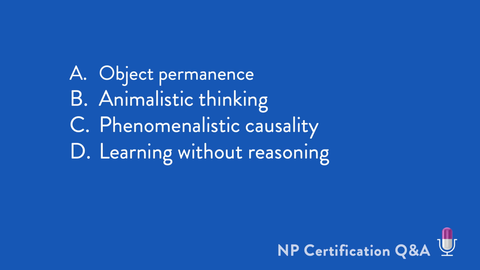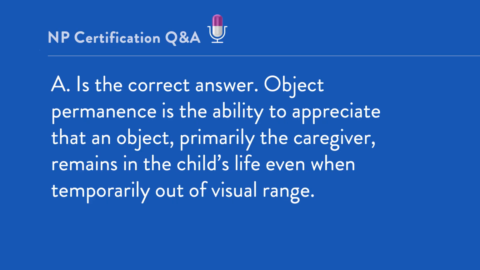Now, in this case, we're going to review all of it so you'll know what all of these are. But if you encounter something and you think, I have no idea what that is, don't let that be the reason that you choose an answer choice. You want to have more confidence in your knowledge base than that. Back to this question, it really comes down to one of the cognitive principles typically developed during the sensorimotor stage is what? There are 4 cognitive principles here. Which one is developed during the sensorimotor stage? And the answer is A, object permanence.